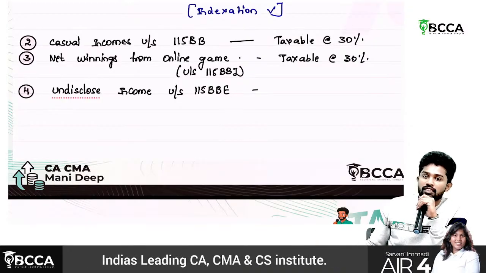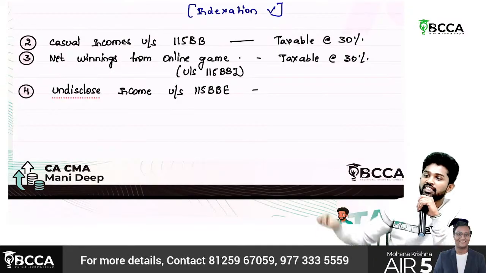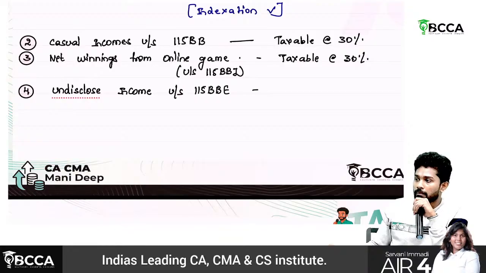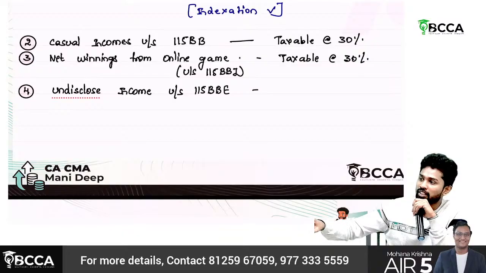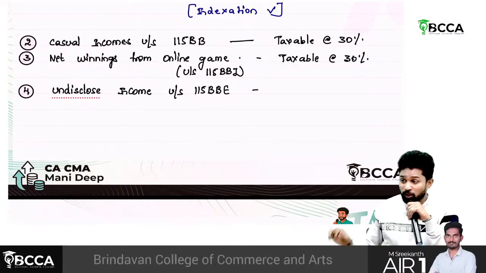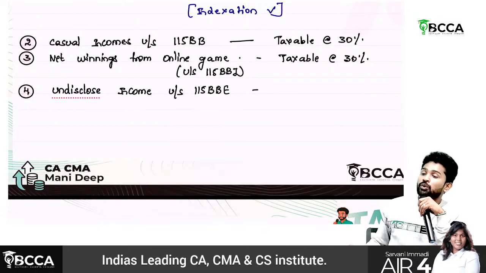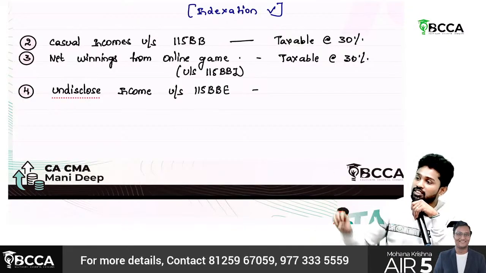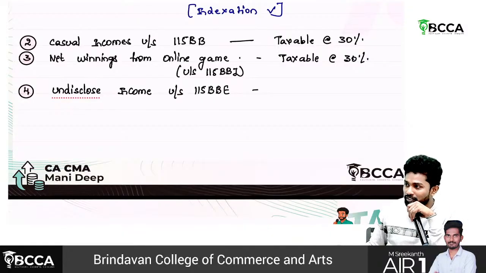in a particular financial year, there is some 1 crore credited into your bank account. The assessing officer sends you a notice. If you don't explain the source for that 1 crore rupees, or the explanation is not satisfactory to the assessing officer, he'll call that 1 crore undisclosed source of income only.